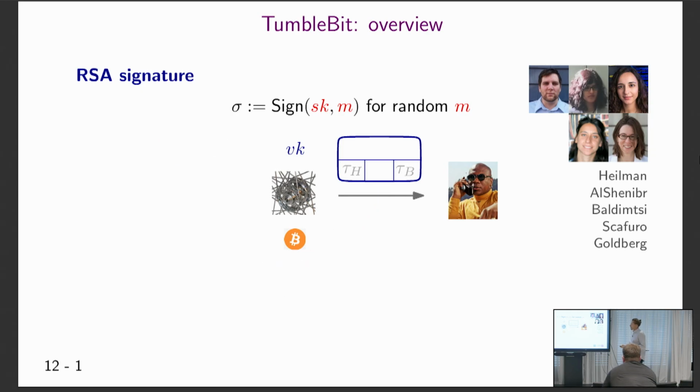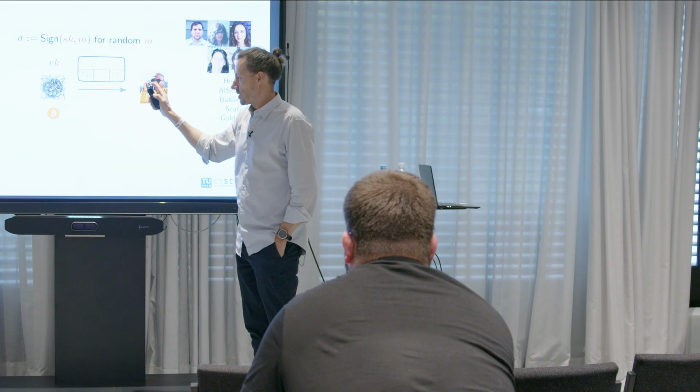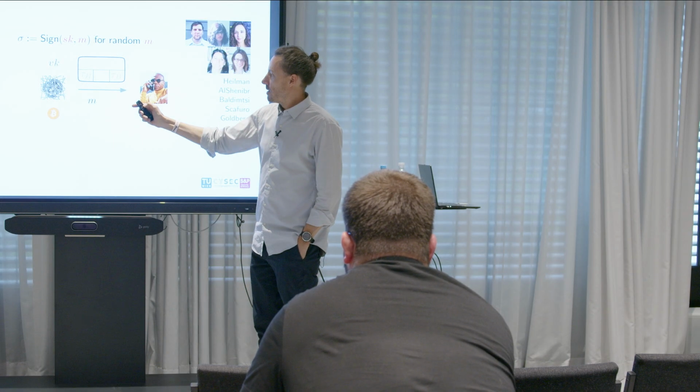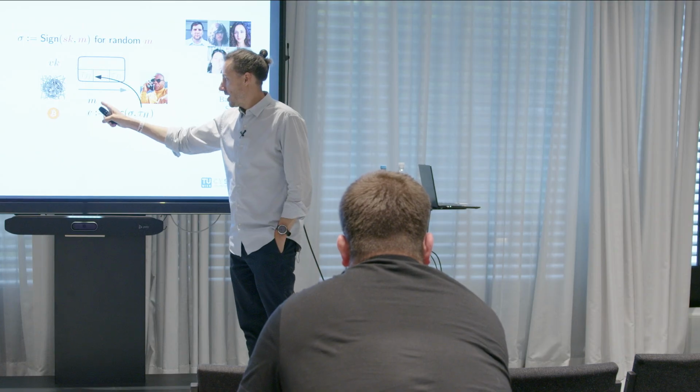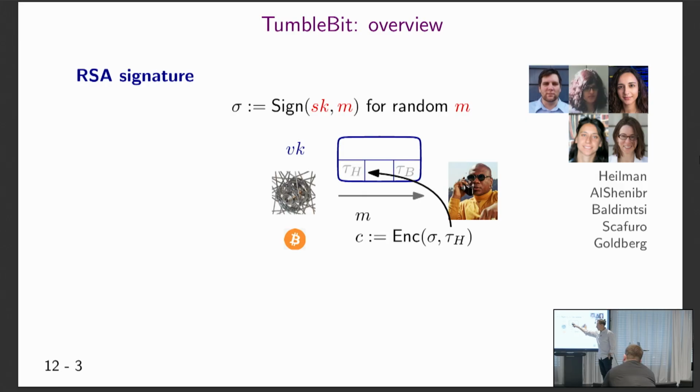What they do is they put the standard Bitcoin transaction here, and then they let the hub send the encryption of the hub's transaction signature, so whatever Bob would need to take this money, the hub encrypts it under a key. That's the signature that it's actually asking for, right? So now we have the same functionality. If Bob has the signature, then he can decrypt the ciphertext, get the signature on the transaction, and thus this transaction is signed and Bob gets the money.